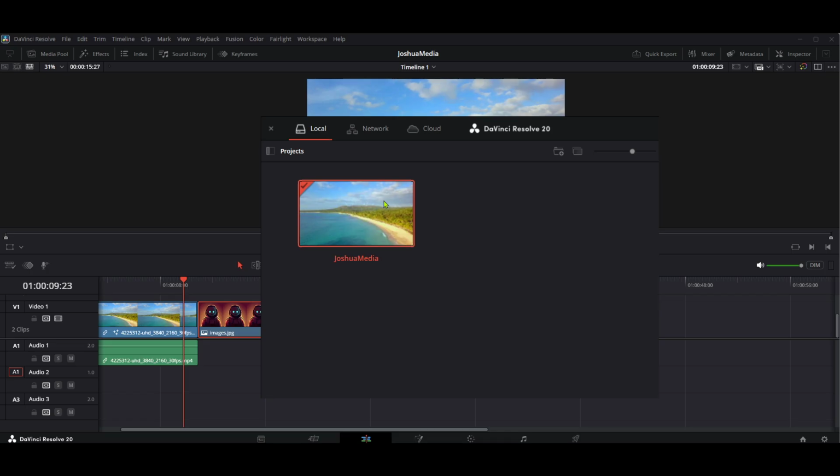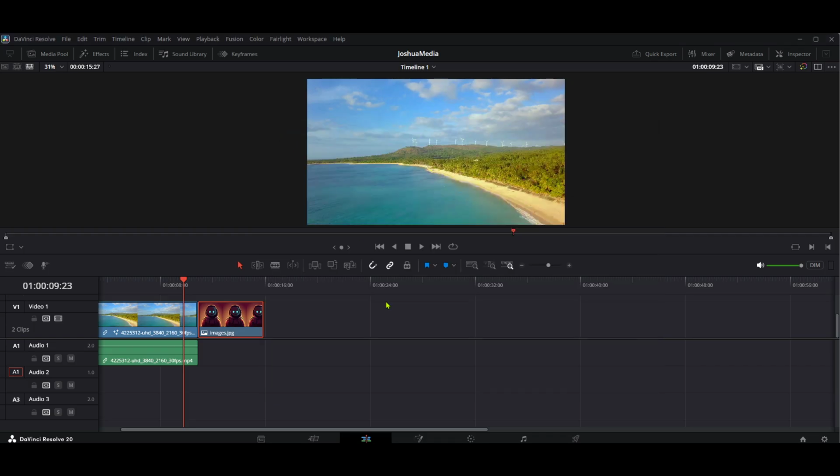Finding the project you want to work with is essential, so take a moment to ensure you are selecting the right one. Now that you've chosen your project, go to the Edit page. This is essentially your creative workspace where all the video magic happens. Navigating to the Edit page is crucial because it provides the layout where you'll perform the majority of your editing,